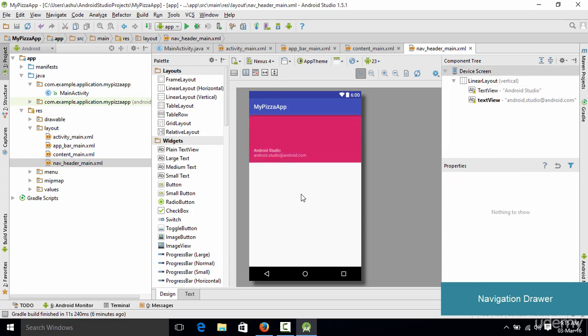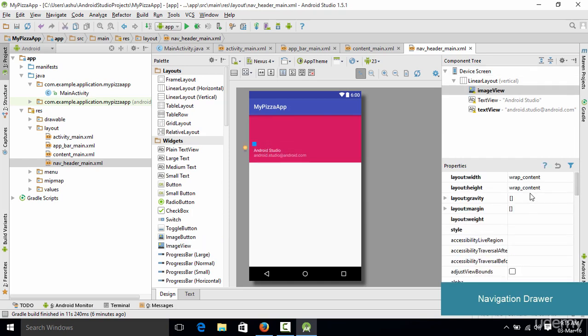Once it is deleted, select an image view, drag it and drop it right over here, and go to the layout width and set it to, let's say, 50 dps, and the height 50 dps as well. Now we have our image view, and you could also change it to, let's say, 75 dps, because I think 75 would be more appropriate for this. So we change this to 75 dps as well, and now it looks much better.